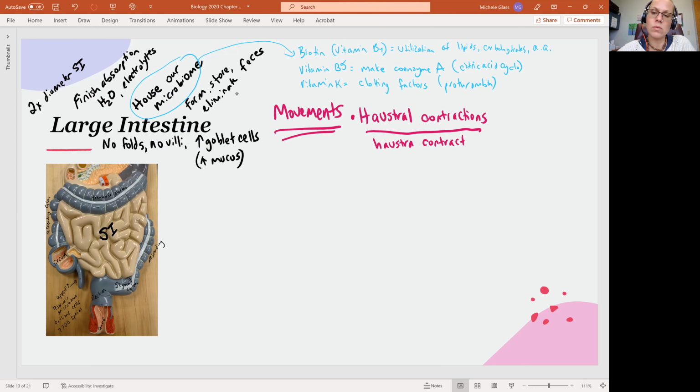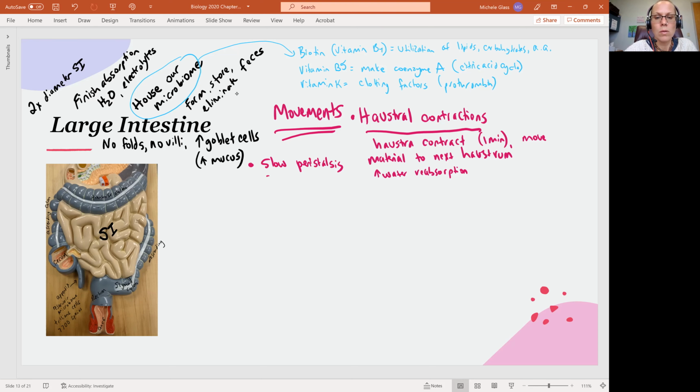We'll see that this will last for about a minute, and this is happening about every 30 minutes. And that's going to move material to the next haustrum, which is the singular version of the word. And this is helping us to increase our water reabsorption, and we're doing a little bit of mixing as we're moving material into each one of those haustra. We'll also see the movement of a slow